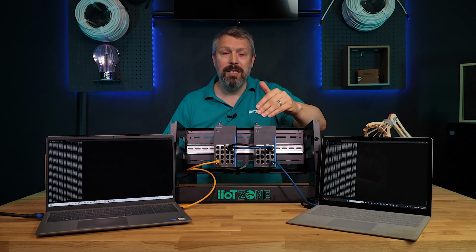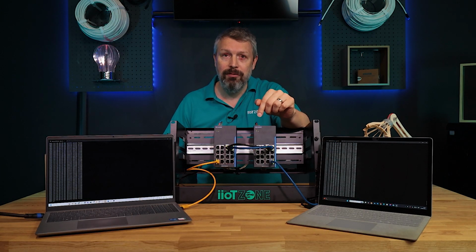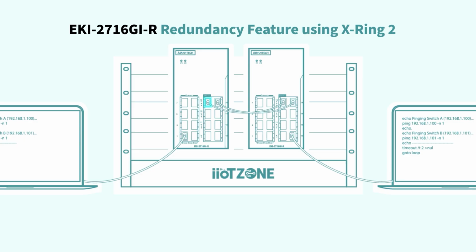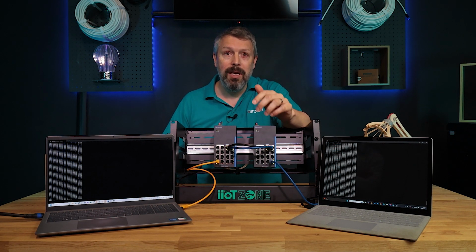So here we have two identical EKI-2716GI-R units. For X-ring, we have ports 15 and 16 reserved as redundancy roles. So we've connected the devices in a ring topology with 15 to 15 and 16 to 16. In this setup, one of these connections will be active and the other will be in a standby state. If the active link fails, the standby link will instantly take over, keeping the network running without any loops or